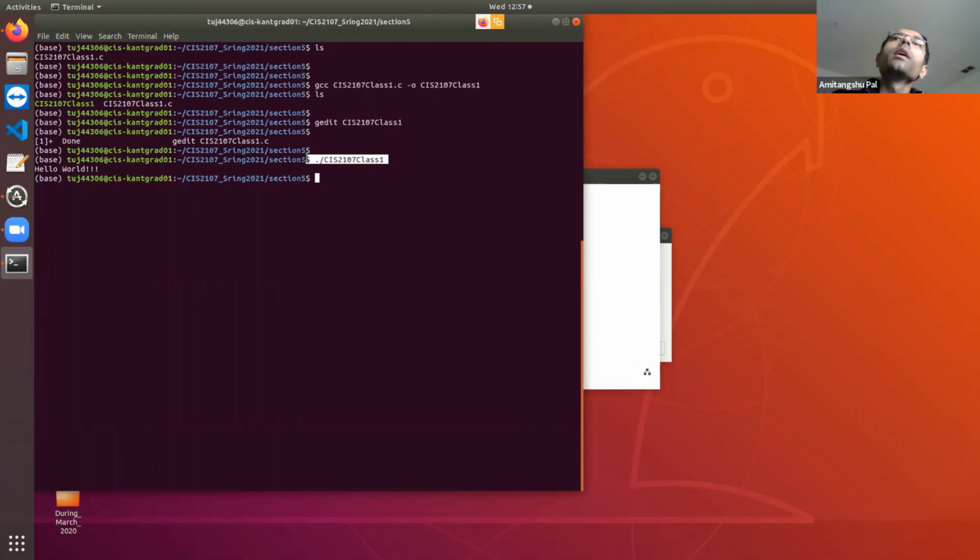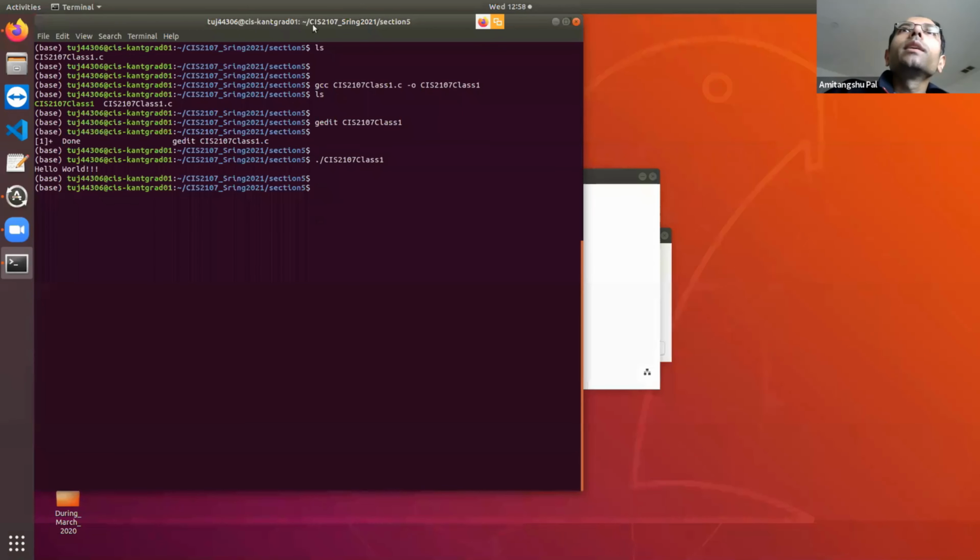Clear? Later on, I am going to show you that this compilation process consists of 4 different stages: pre-processing, compiling, assembling, and linking. These are 4 different steps that happen when you are writing this code, but we are going to learn that later on. For the time being, just first compile and then run. Just divide it into 2 simple steps. Clear to everyone?